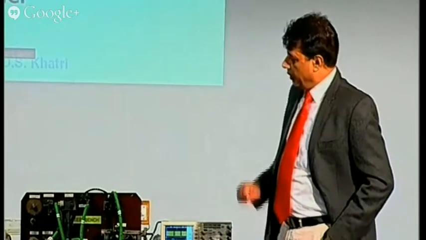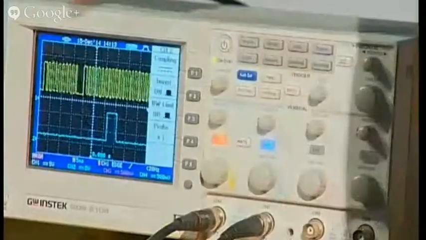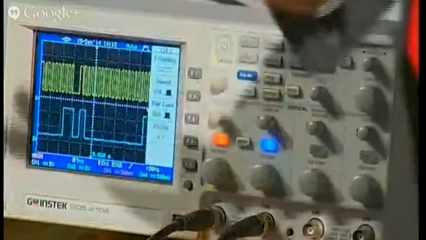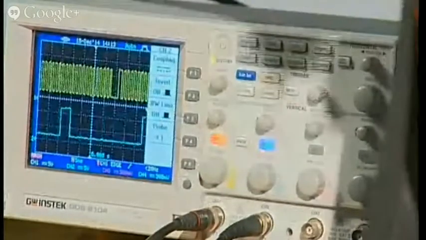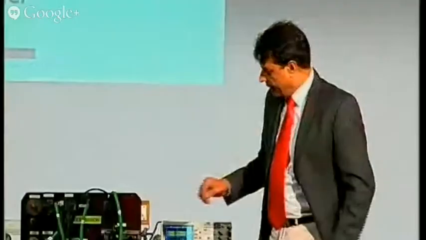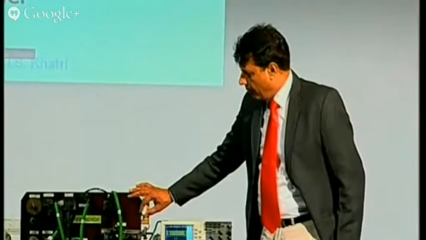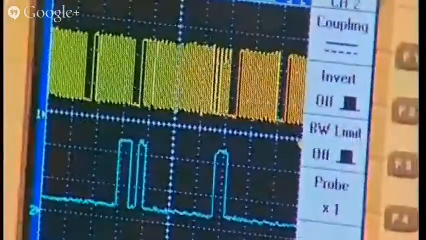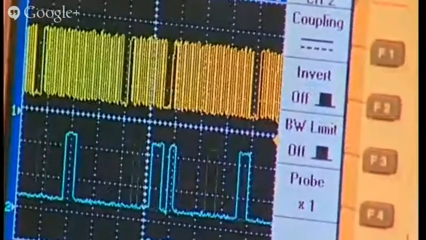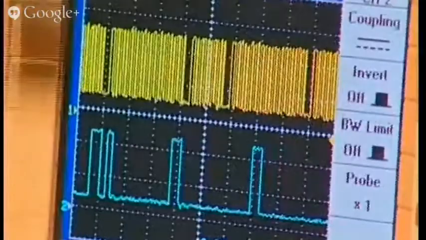In one cycle of the engine, there are 2 revolutions of the crank. So 2 revolutions of the crank equal 1 revolution of the cam. So here I can see both, then I can match whether the TDC is like that or not. Now I am again increasing the speed. You see, when I am increasing, the pulses are coming faster.